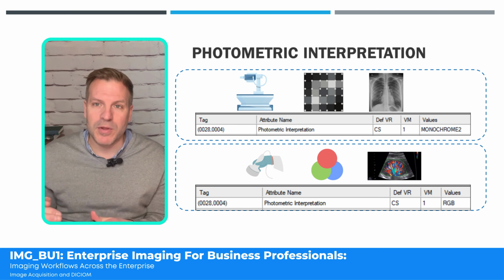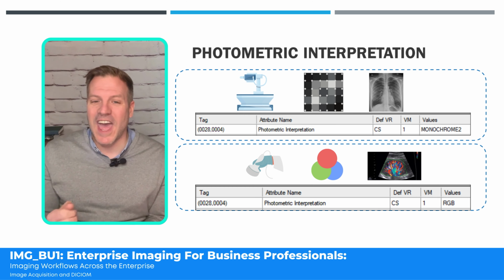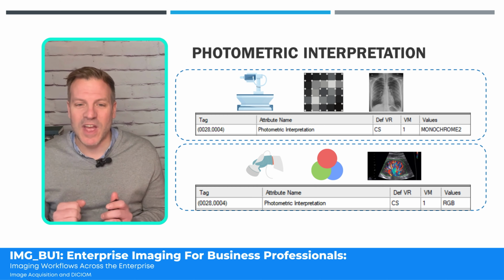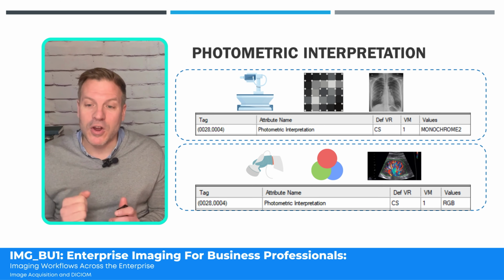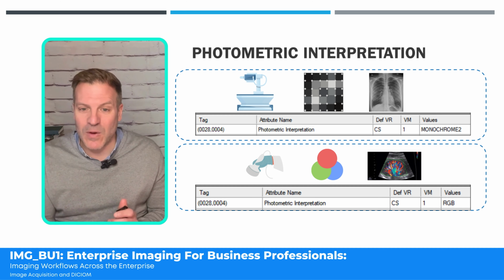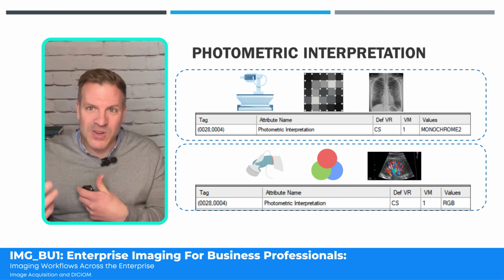If we were looking at a plain film chest x-ray, the photometric interpretation is very likely to be monochrome 2, which would indicate that we have this grayscale palette that's going to allow us to render the images